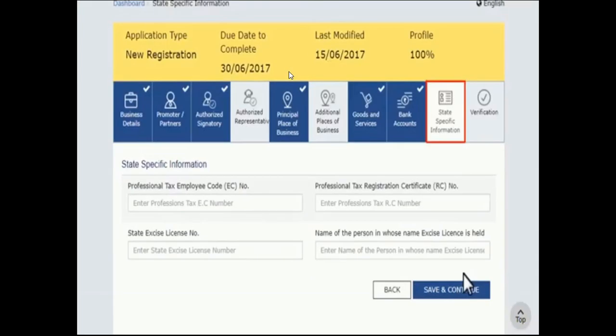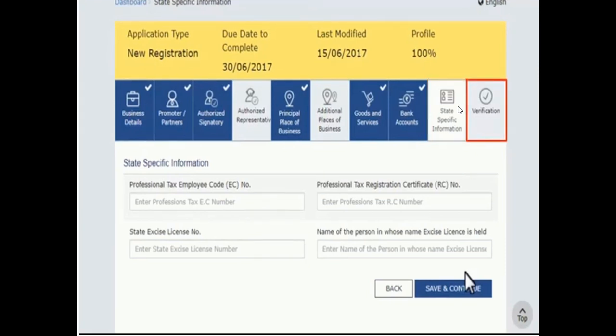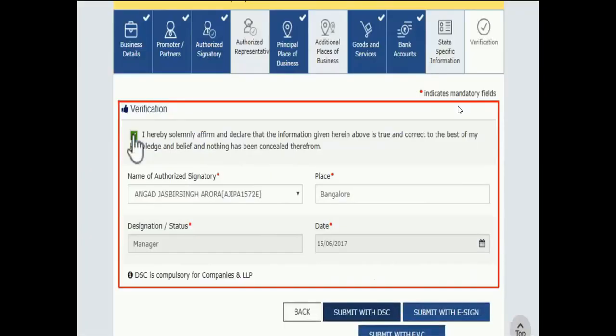In this section, you may provide any state specific information if desired, else you can jump to the last section of the application to verify that the information furnished is true and correct, with legal binding. Once done, submit the application. You can verify